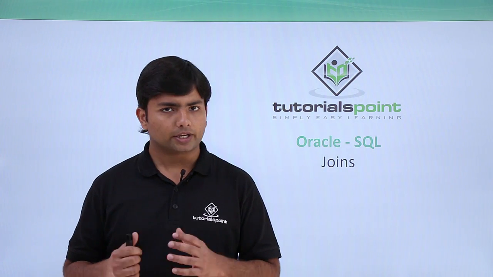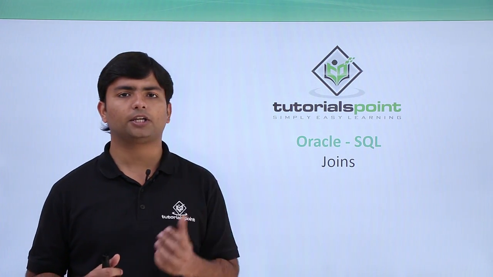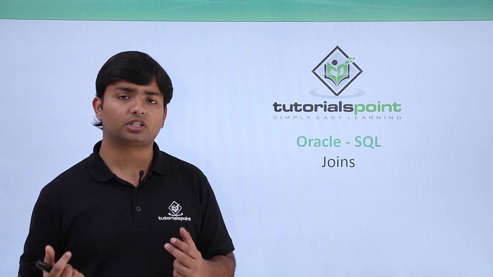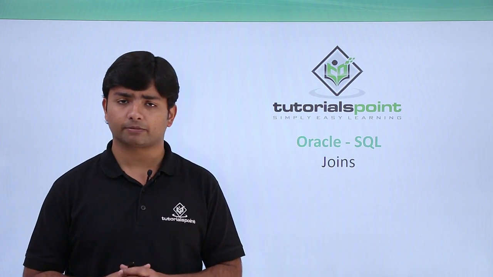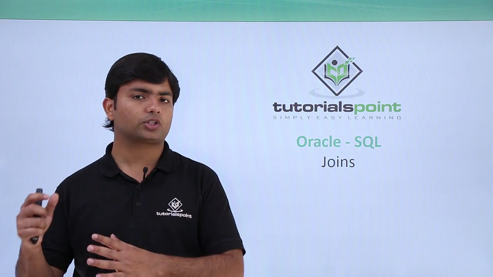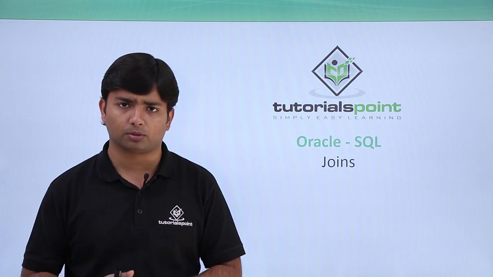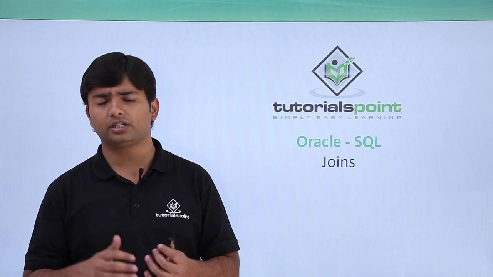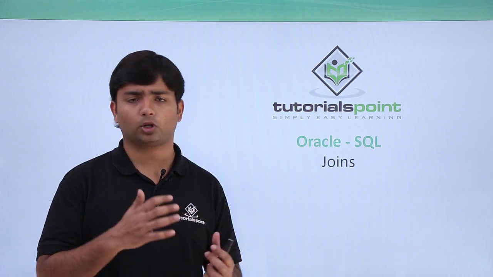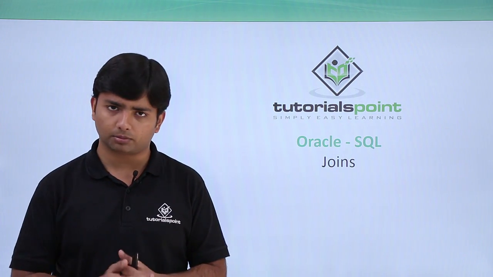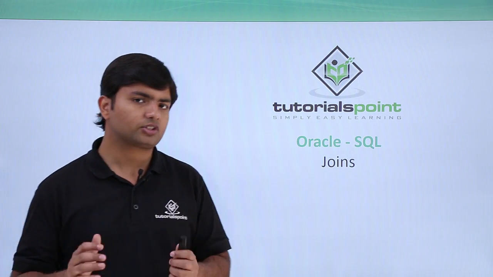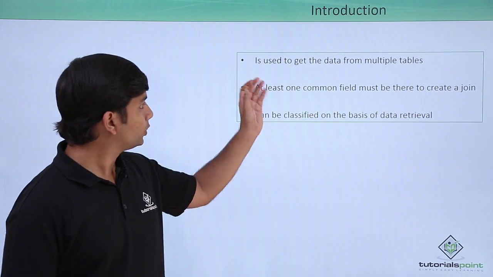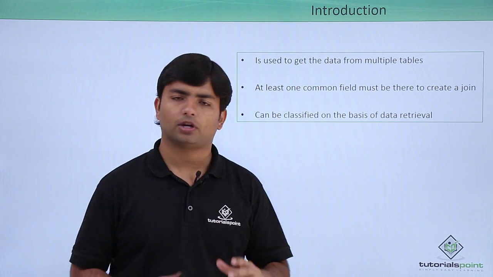For example, if I want to retrieve all the employees and along with the employee I want to see in which particular city they are currently located. So maybe the city location will be there in some other locations table and the employee details will be in some other table. Similarly, the department of a particular employee will be stored in some other table. So for such requirements, we will go for the joins, which will allow us to retrieve the data from multiple